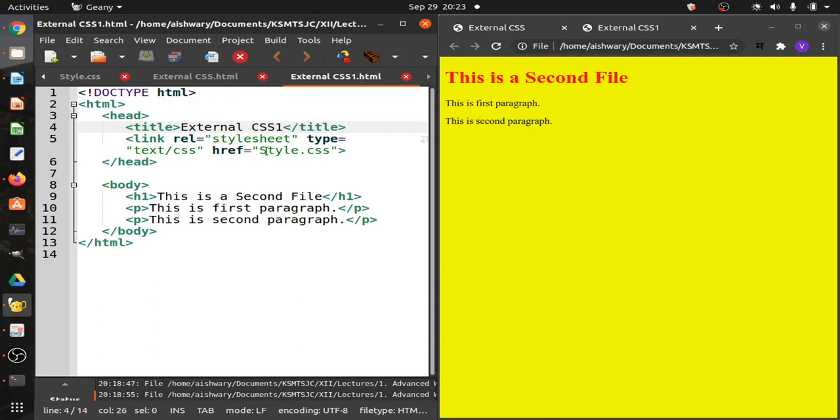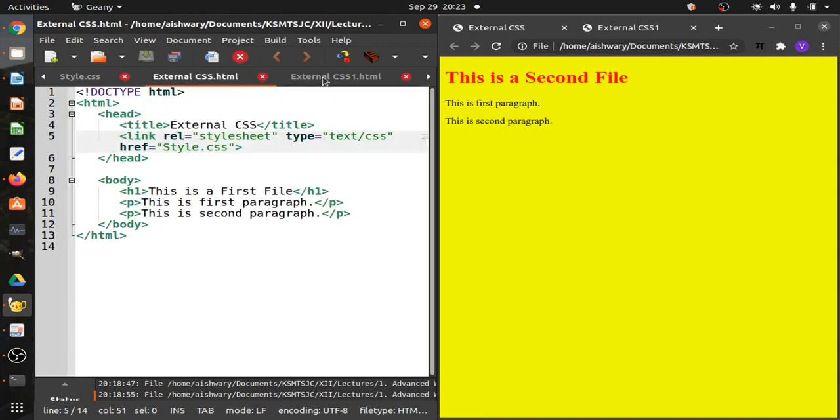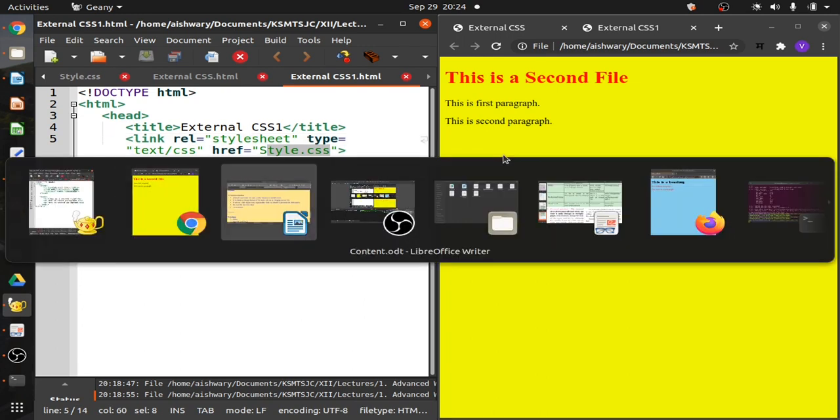They both refer to the same style.css, and all the styles given in it will affect all the pages referring to this style.css, like the ones you have just seen. So this is the advantage of external CSS, basically: it can affect all the pages which refer to it.